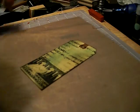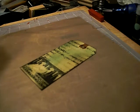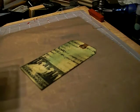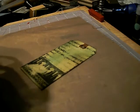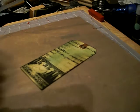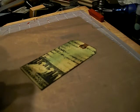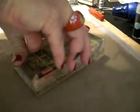Okay. Next, what we want to do is actually take our Lost and Found Tim Holtz stamp. And we're going to emboss that in black. So we'll start with the embossing ink. Really give a good coverage to it, because that's where your image is going to come from. We'll just kind of line it up and give it a nice press,